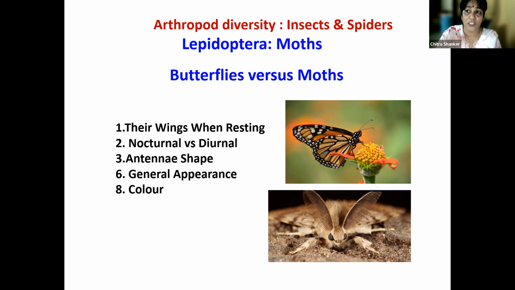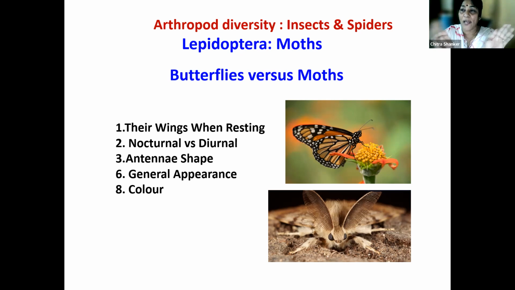You have some moths, you will see diurnal moths also, but you would see the difference. Most moths, when you come to color, are very dull in color, but the day flying moths look like butterflies. They are very brightly colored. And then the antenna shape. In antenna, if you look at a butterfly, it is very thin with an expanded tip. Whereas if you look at the moth underneath, it will have a big,